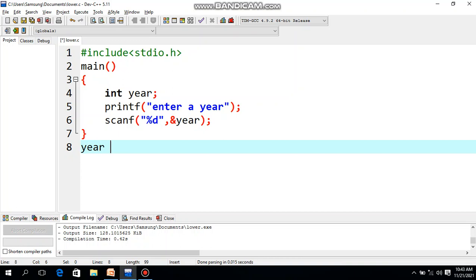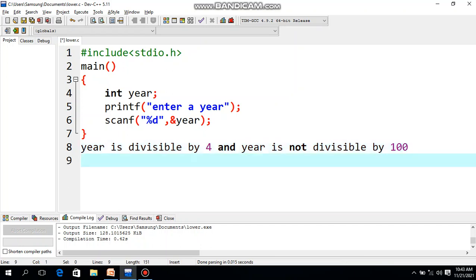If the year is divisible by 4 and the year is not divisible by 100, if these two conditions are satisfied, that is, it should be divisible by 4 and at the same time it should not be divisible by 100, then it is a leap year.